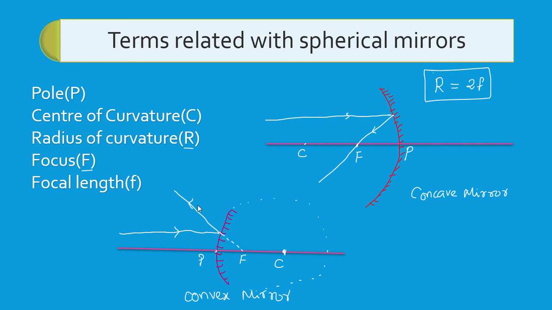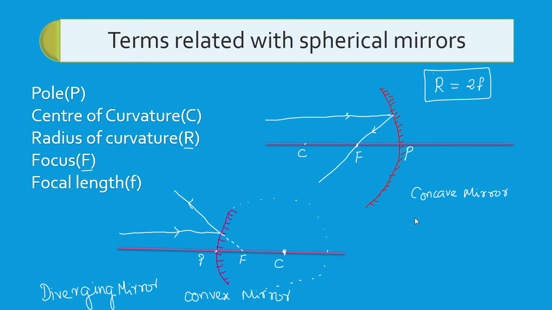But only in the case of focus. The focus in the case of a convex mirror is a virtual focus, because here the rays of light are not coming to the focus. It's not reflecting towards the focus. Okay, so it appeared to diverge from a point. When a ray of light which is parallel to the principal axis hits the convex mirror, it appeared to diverge from a point on the principal axis. That is called the principal focus of the convex mirror. So convex mirror is called a diverging mirror.